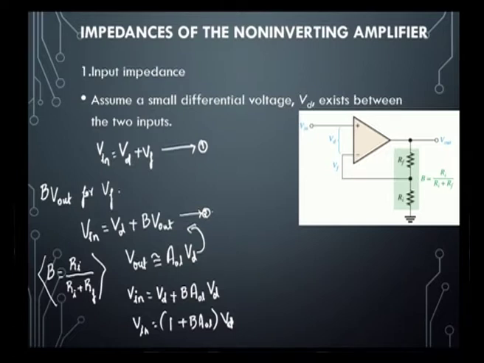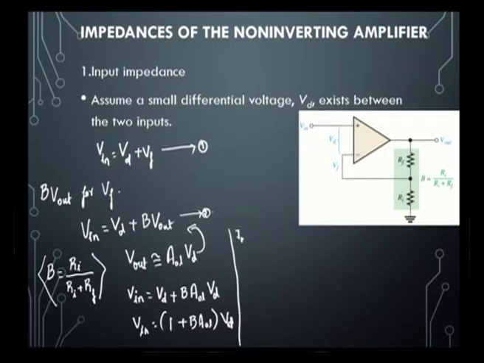Now, we need to consider the impedance here, because we need to find the input impedance. So, the internal input impedance can be represented by I in Z in for V d. This is the internal input impedance. So, we can get Z in from I in Z in, substituting for V d. So, 1 plus B. So, for V d we are going to write I in Z in now.